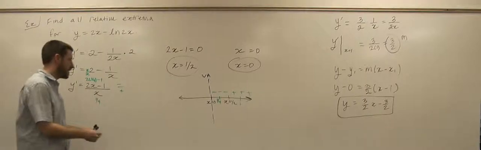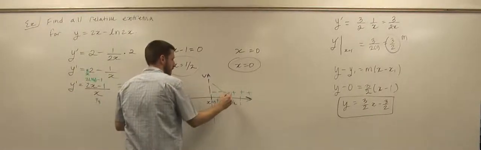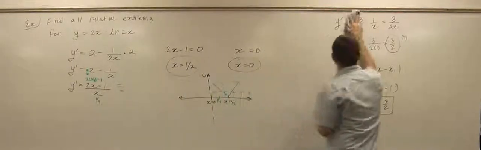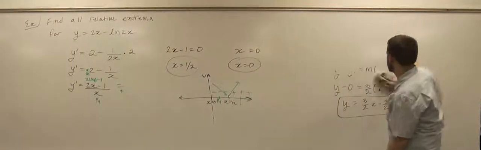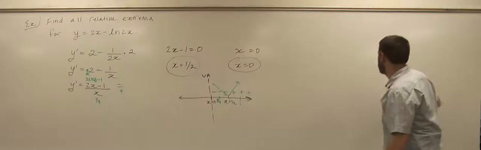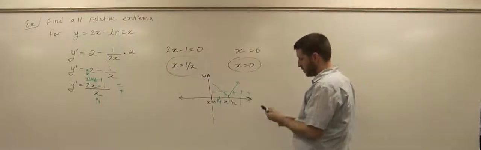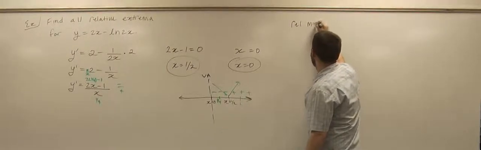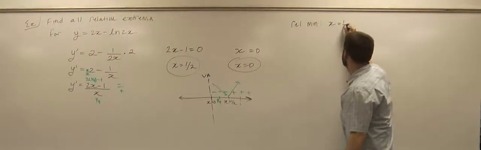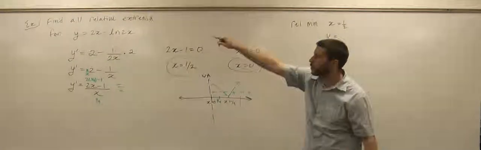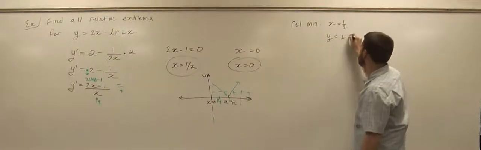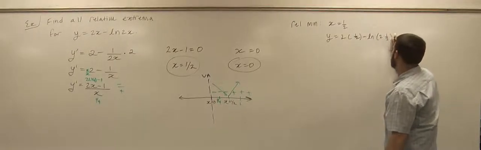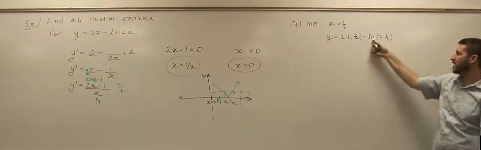So my function goes down, right, decreasing, then increasing. So I have a relative min there. And what is the relative minimum? x value is 1/2. My y value comes from plugging 1/2 into the original function. So 1 minus ln of 1